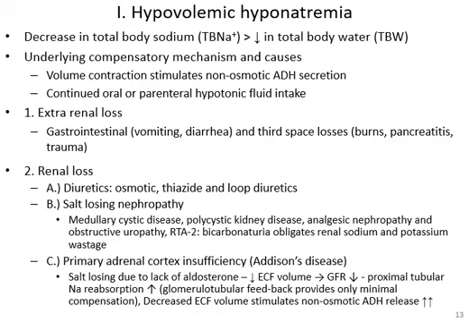While renal losses, specific diuretics which interfere with sodium transport, like thiazide diuretics, which interfere with sodium chloride transport in the thick ascending loop of Henle, or aldosterone antagonists. Some forms of salt losing nephropathy, when the kidneys' sodium retention is inhibited by